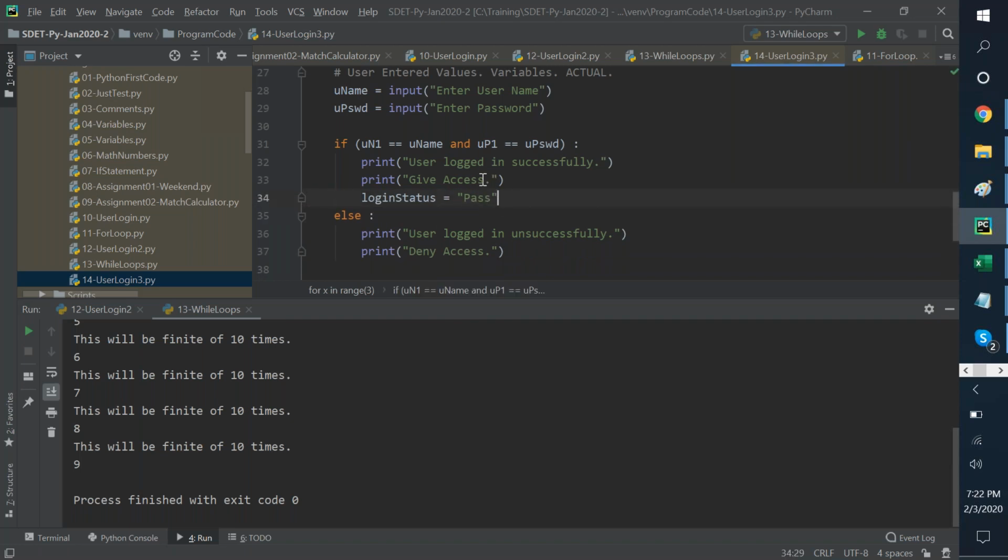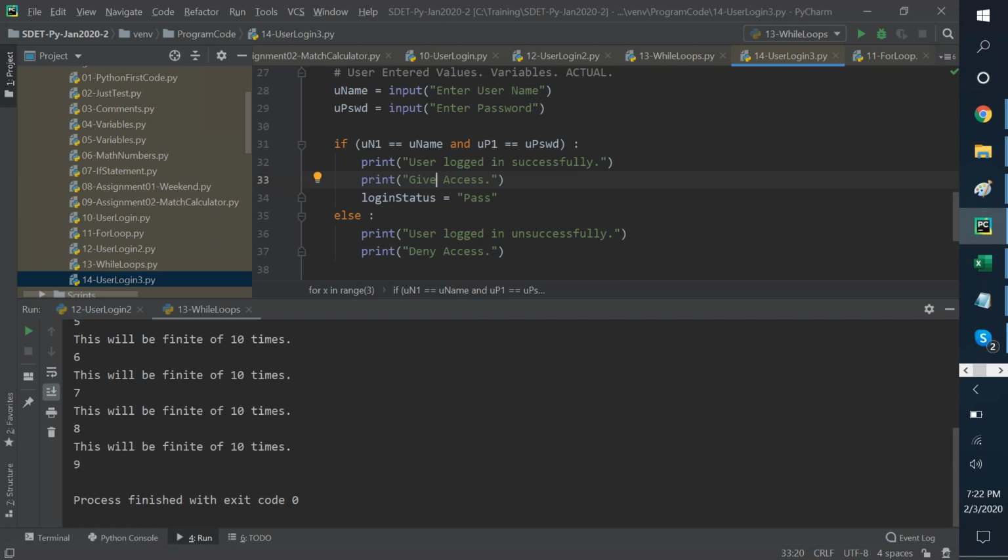Do you think line 33, give access and given access, is it supposed to be give access or given access? Actually, I wrote it deliberately, but thank you for looking into it, that maybe it's a grammar error. It is not a grammar error thing. It is basically an instruction that I will give to a next program.